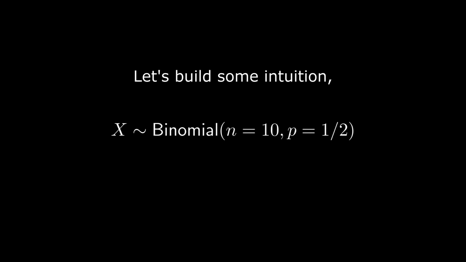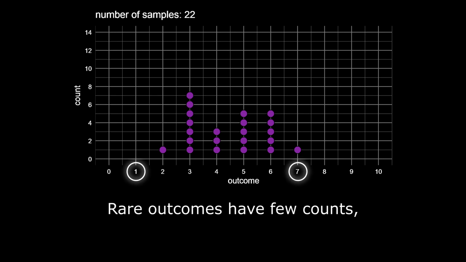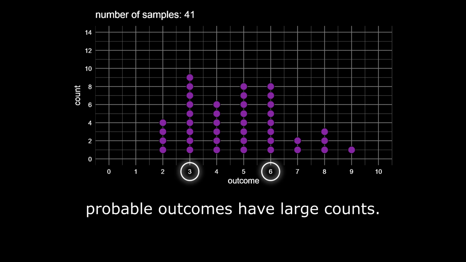Here's an example of the discrete case that visualizes 50 samples from a binomial distribution. In this animation, outcomes are stacked on top of each other, just like how a histogram counts occurrences per bin. As more samples are gathered, a distributional shape starts to emerge. This binomial distribution is symmetric with a mean of 5, so it is expected that values further from the mean have fewer counts than values closer to it.